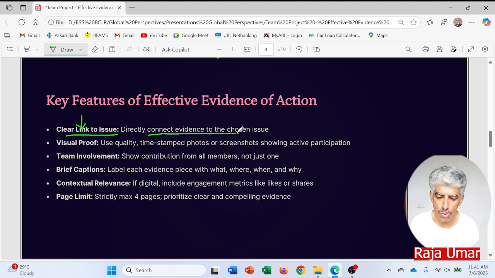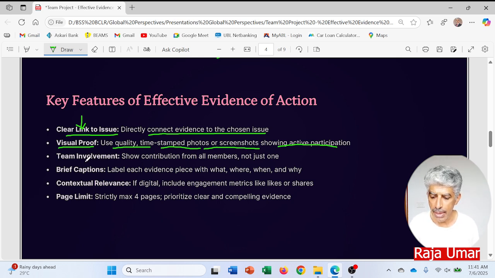Directly connect evidence to the chosen issue. Number two, visual proof. Use quality, time-stamped photos or screenshots showing active participation. Time stamp means that there should be some time shown on that screenshot whenever you take it.